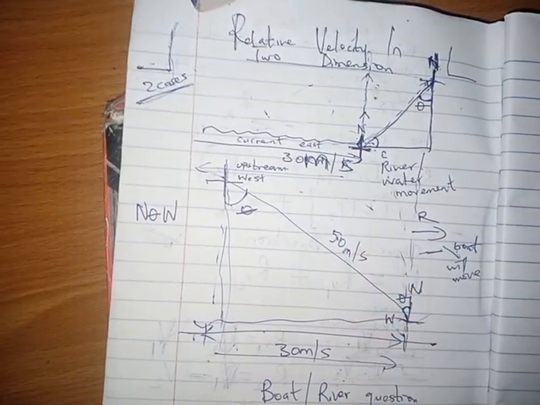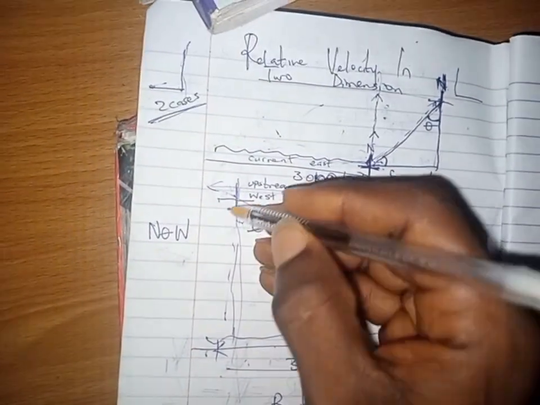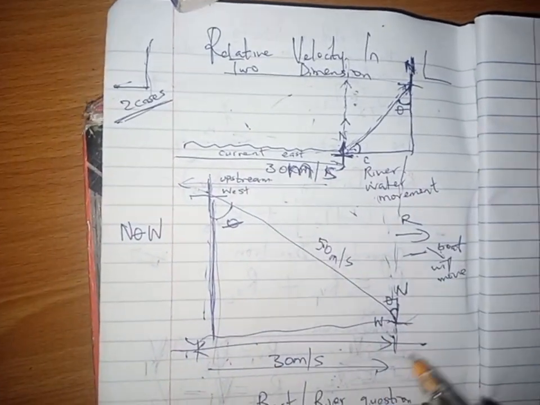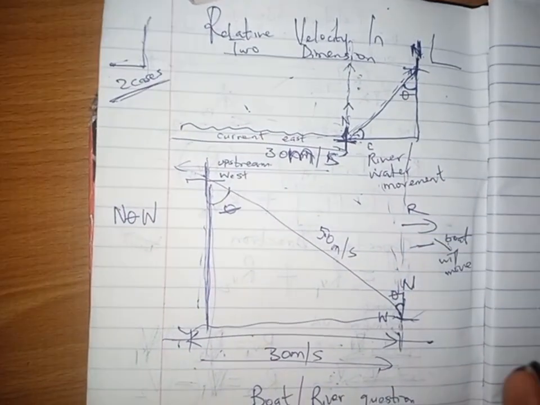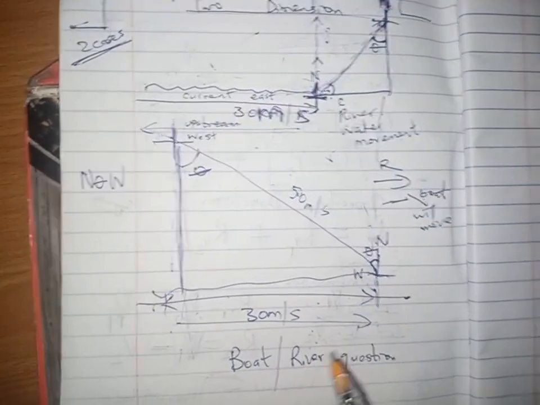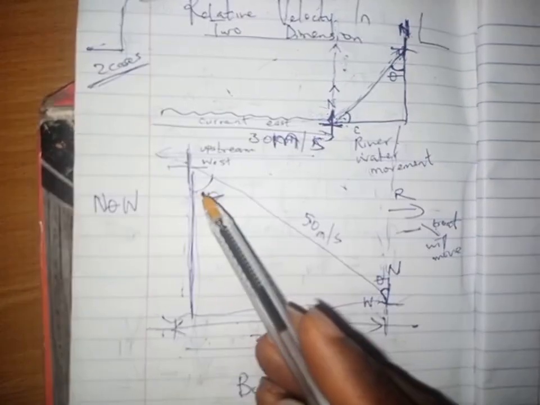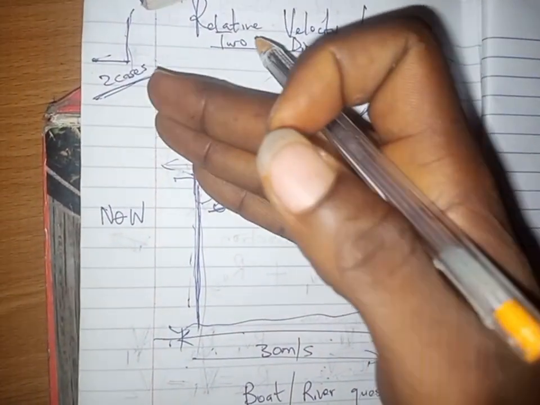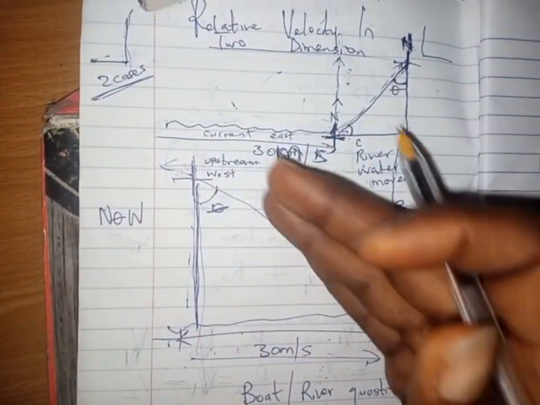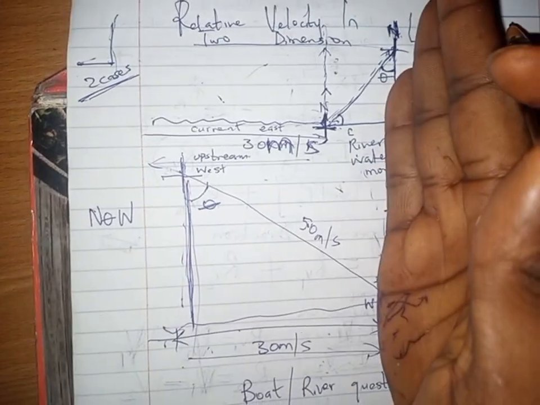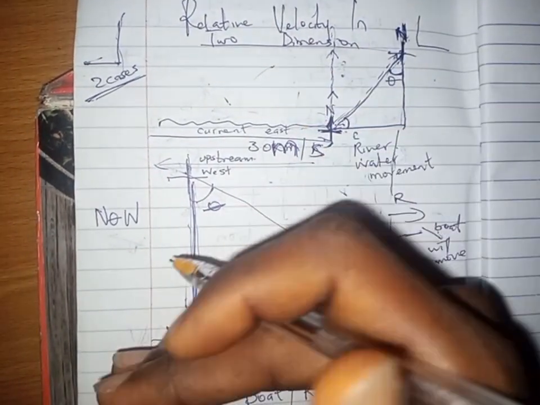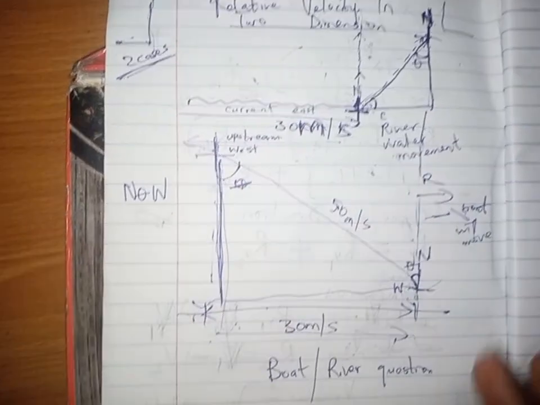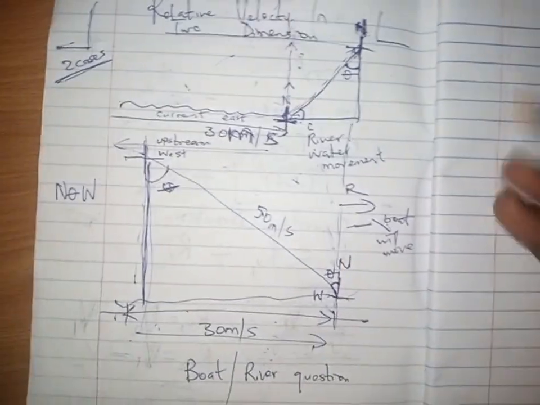So this is going to be 15 meters per second. So at the end of the day, you see that you don't know this side. But if you want to use resolution, you can say resolving this now. Let's say this is not resolving this now, this particular thing that you've made here to the north or to the east. But simply you can actually say to find theta here, theta will simply be